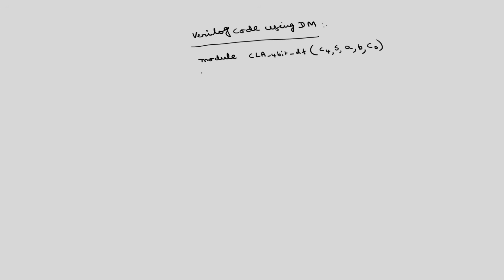Then you can define the values like output C4 is scalar. So, I am writing separately, you can combine with vector also, and other outputs are 3 to 0 S, because we have S0, S1, S2, S3. Similarly, input C0 is scalar and another vector inputs are, we have 3 is to 0 A comma B, both A and B are 4 bit numbers. And then we require some wires also.